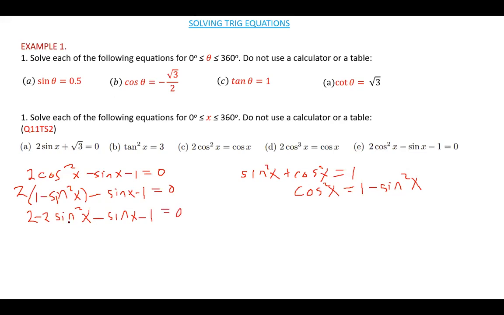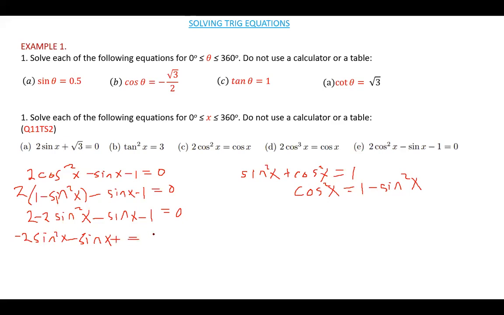So from there, what you do is you pair the like terms. 2 minus 1, you get positive 1. So let me just write these first. I'll write negative 2 sine squared x minus sine x, and then 2 minus 1, I'll get positive 1